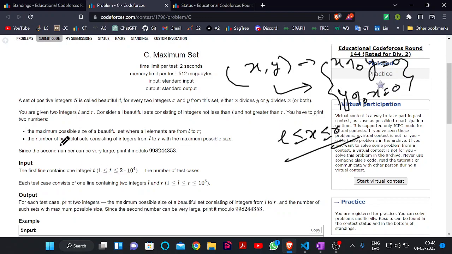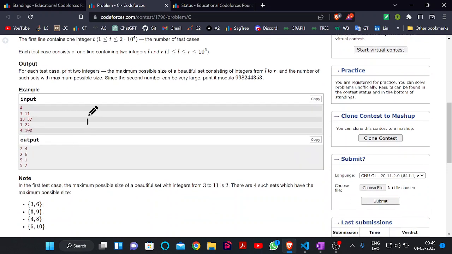Then you have to print two numbers. What are the numbers? The maximum possible size of a beautiful set where all elements are from L to R, and that should be a beautiful set. That means what can be the maximum possible size in which the integers follow these conditions. Then the number of beautiful sets consisting of integers from L to R with maximum possible size. So first of all, we want to find the maximum possible size, and then we also have to print how many sets can be of that size. Then we have to print it modulo this number. So if you see for 3 and 11,